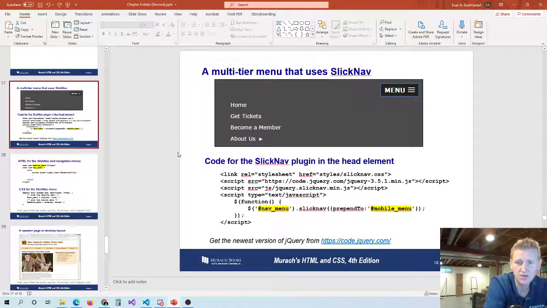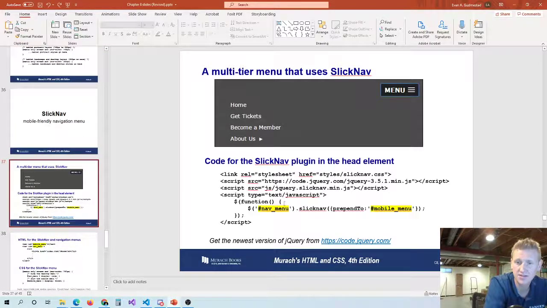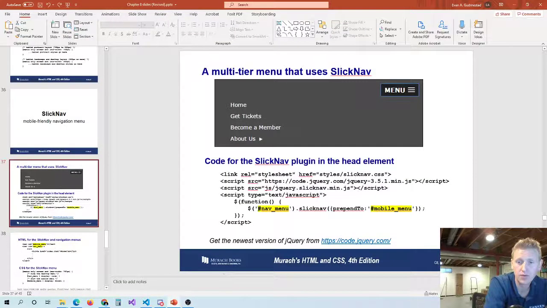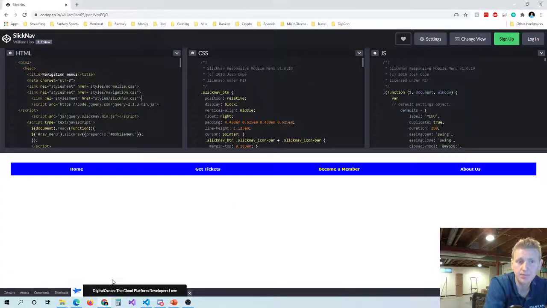Code the SlickNav plugin in the head element. This is